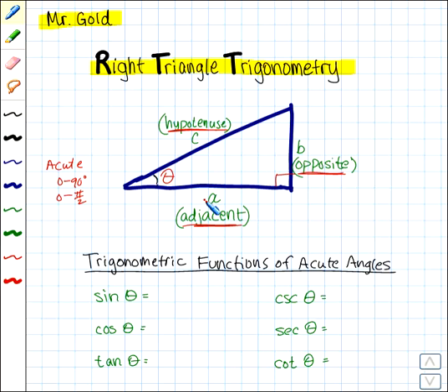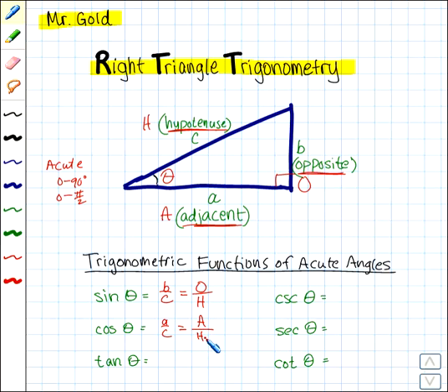Sorry, I almost told you the wrong thing. Side B over side C. Now, what I'm going to do is I'm going to abbreviate adjacent with capital A, opposite with the capital O, and hypotenuse with capital H. So the sine of theta could be side B over C, or we could also say it's the opposite over the hypotenuse. The cosine of theta would be the side A over C, which would also be the adjacent